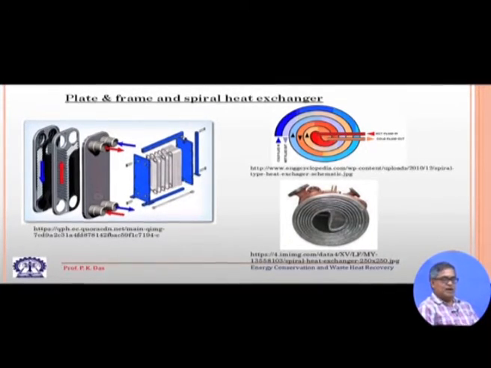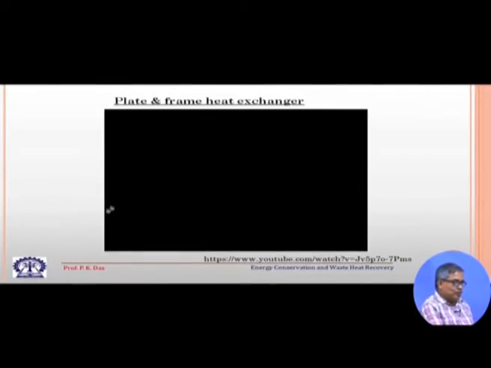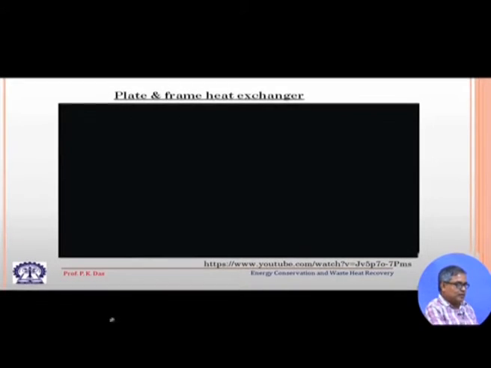For renewable energy also there is a lot of use for this plate type heat exchanger. That means, let us say we want to extract power from a geothermal source of energy. So, the hot liquid can be circulated through one side, and the working fluid of the suitable cycle can pass through the other side of the plate, and we can get a good amount of heat exchange. Let us now go to some sort of an animated